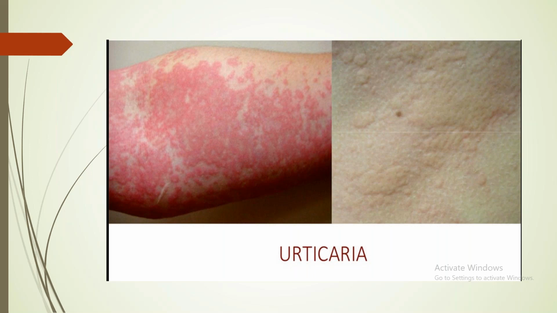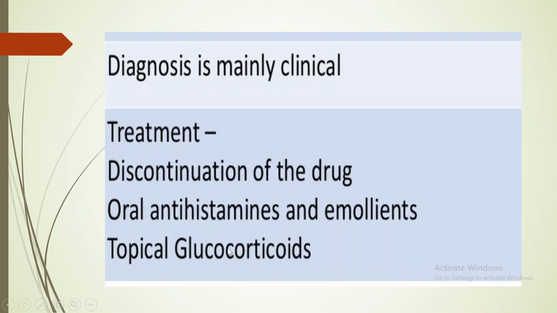One important point for drug reaction is that the rash will improve once the offending drug is removed. That is a very typical feature which will not happen with any of the other exanthematous illnesses. So you have to be very, very sure about it. And treatment is very simple. We need to discontinue the drug. We need to give emollients. And in very severe involvement, like extensive involvement of the skin and peeling of the skin, then you might need steroids.